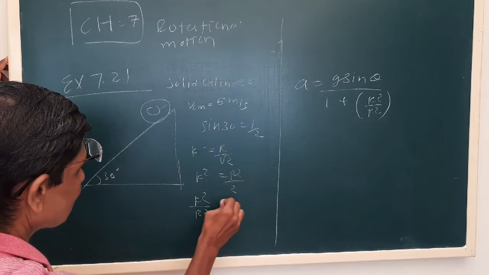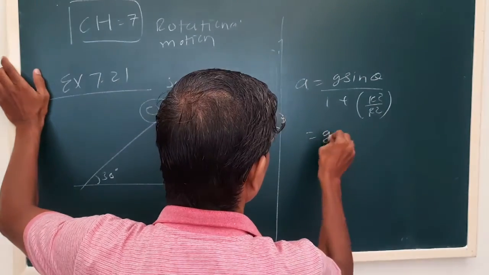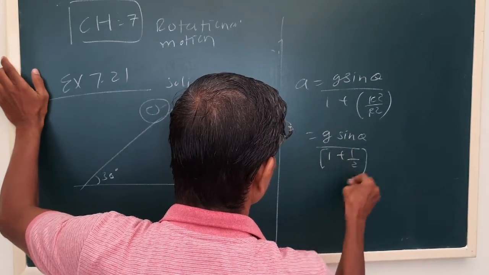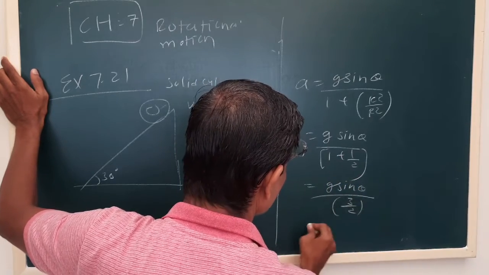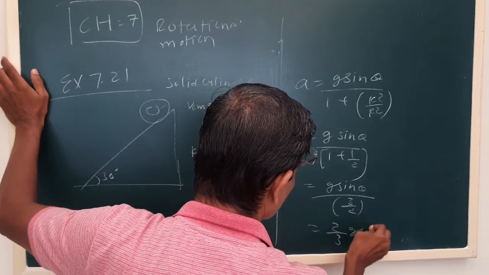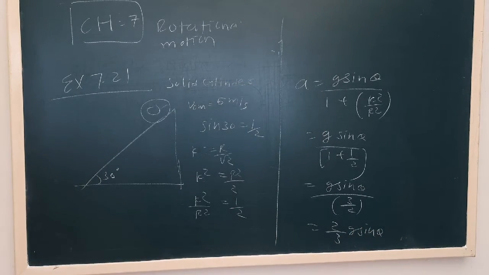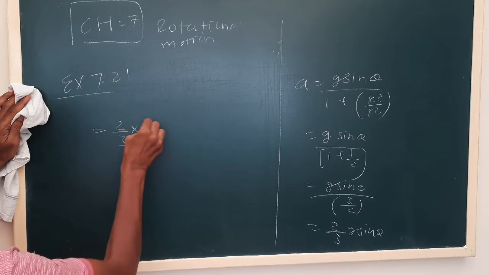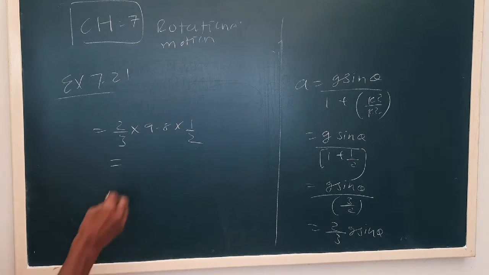See, what we can use, k square by r square is 1/2. Okay, so g sin theta upon 1 plus 1/2, g sin theta upon 3/2. See, the acceleration is 2/3 g sin theta. Okay, now we can substitute the values. That is 2/3, g is 9.8, sin 30 is 1/2. Okay, that turns out to be